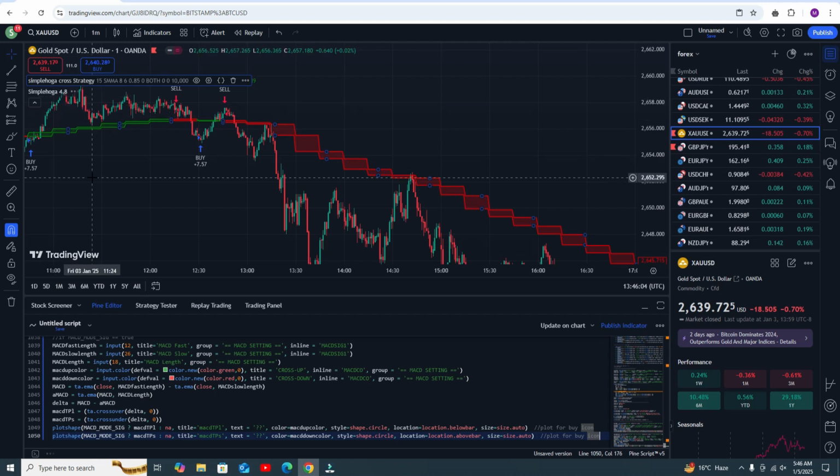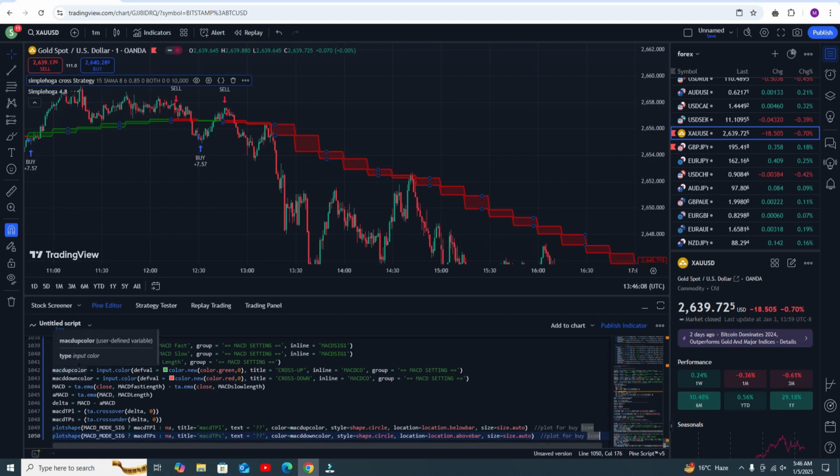It's still loading because it's a very big indicator with multiple lines, about 1050 lines, and this indicator is awesome. In this indicator you will get all scenarios like the RSI ribbon, everything you will find here.